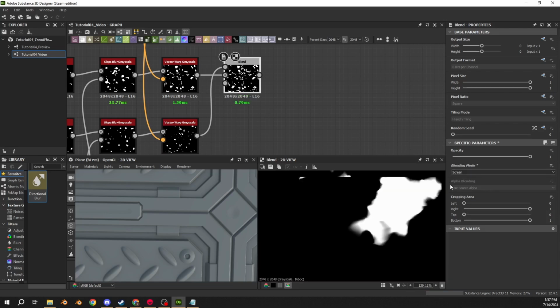Screen is what we want, I think. Hey, I need to fix that on my original, so I'll make a note of that real quick. Okay, yeah, screen is better in this blend. Okay, then